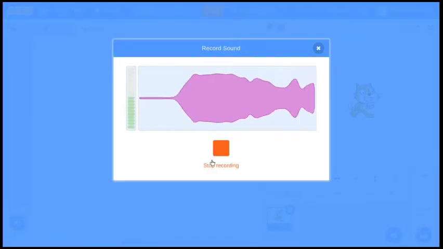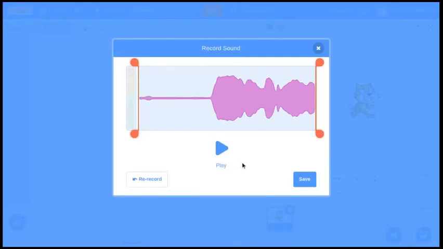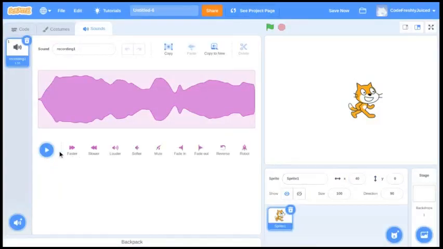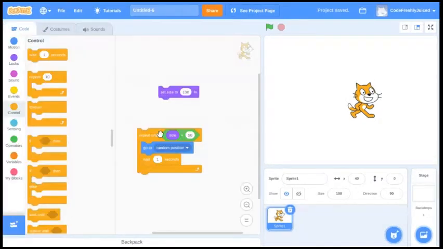Wow, I'm so tiny now. Wow, I'm so tiny now. So if I just cut that off, save, okay, and play it. Wow, I'm so tiny now. There. So now if I go to code again,